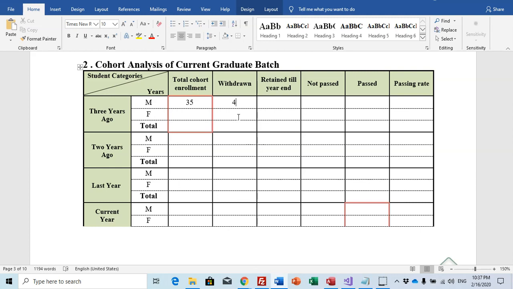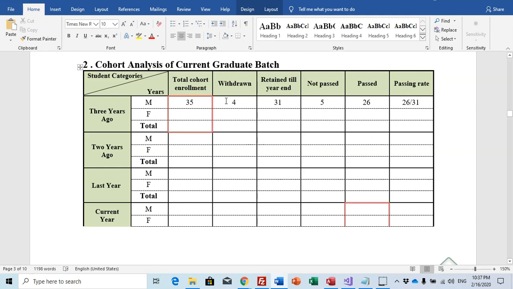Students retained till year end, for example, 30, 31, now they passed, for example, not passed 5, passed 26, so the passing rate will be 26 over 31.